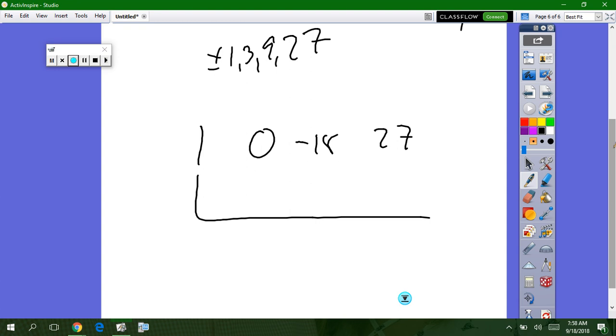Okay, let's go ahead and pick a point, just in general. How about we pick 1? Because I'm going to show you it doesn't work. I know it doesn't work, and I'll show you why in a minute. I'm going to pick 1. 1 times 1 is 1. 0 plus 1 is 1. 1 times 1 is 1. Negative 18 plus 1 is negative 17. 1 times negative 17 is negative 17,